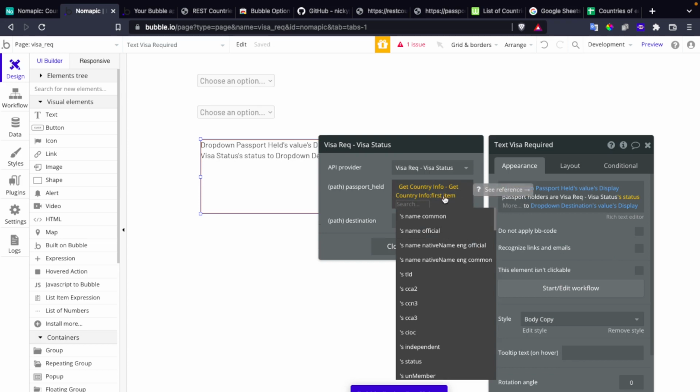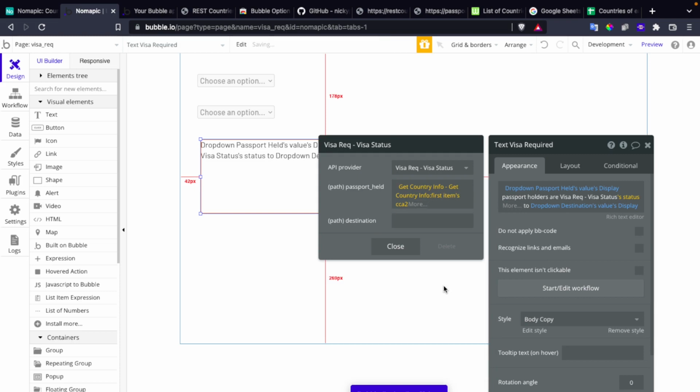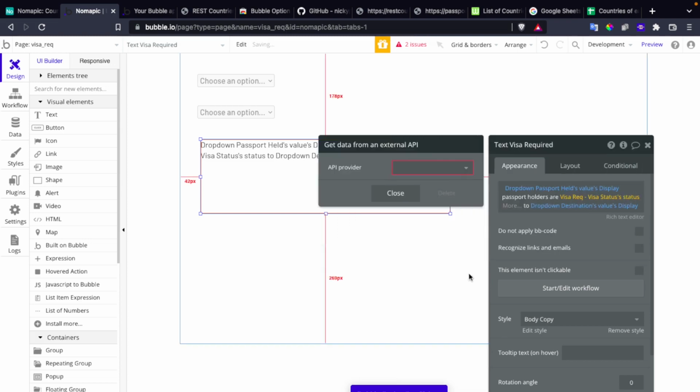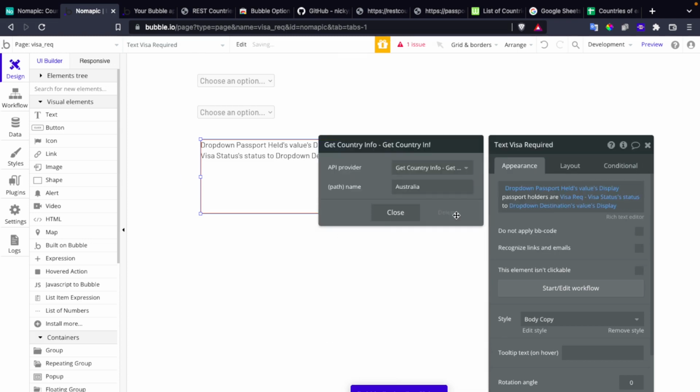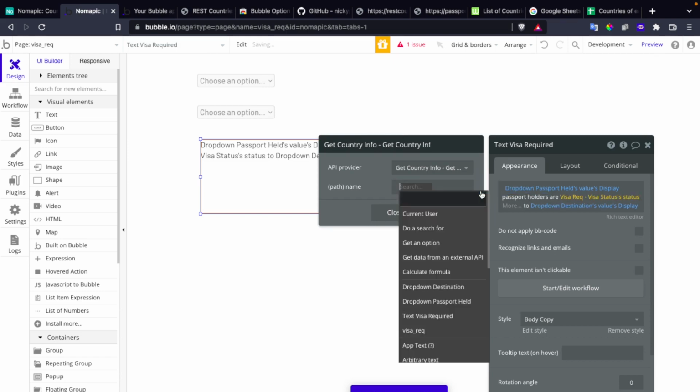And the reason why we can do that is because we're searching for a country and there's only one country that has the name. So unless something's gone wrong, the array should only be one thing long and the first item should be what we're looking for. So we're going to get the first item and we're going to get its CCA2 out of there. And that's going to be the passport held. And then we're going to do the same thing for here at the API get country info. And this is going to be the